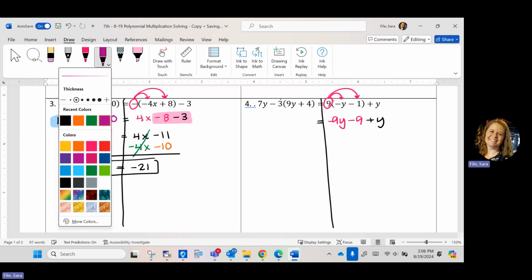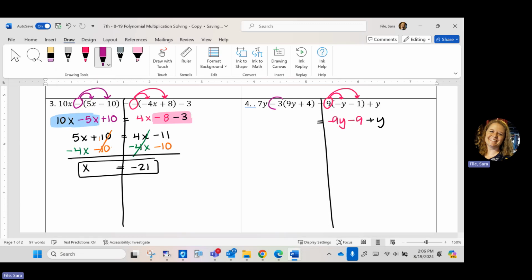And on the left, now here it is a negative 3. Be very careful that you get the coefficient and its sign. So since it was minus 3 times all of this, we distribute the negative 3 because the negative and the 3 both have to be distributed. So when I distribute that, I get negative,